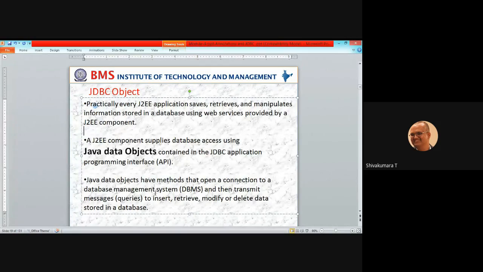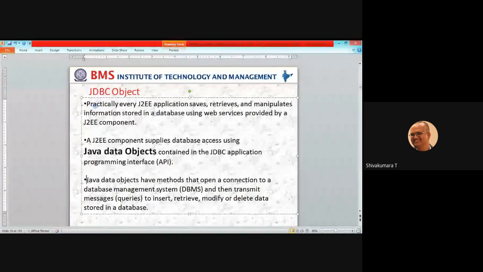Java data objects have methods that open a connection to a DBMS and then transmit messages to insert, retrieve, modify, or delete data stored in a database.